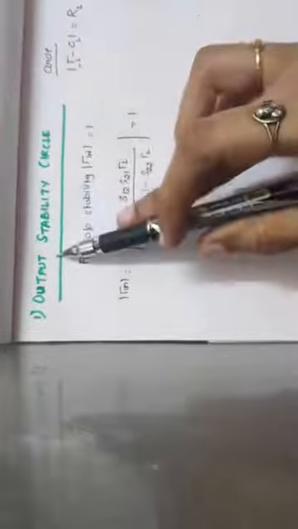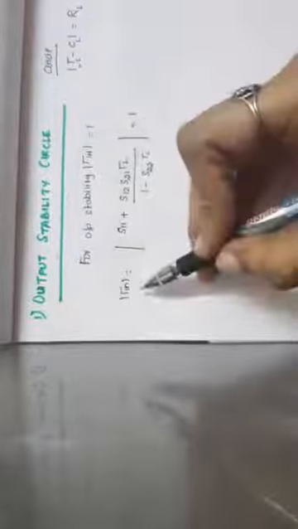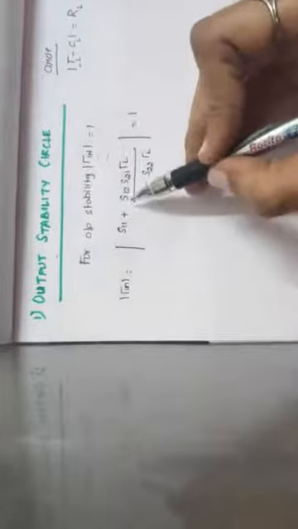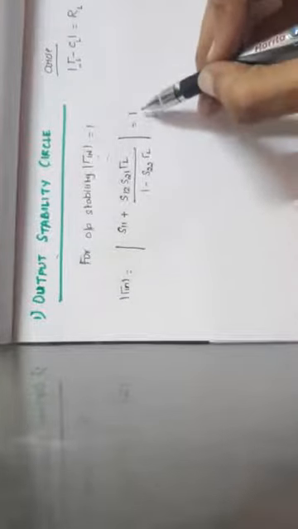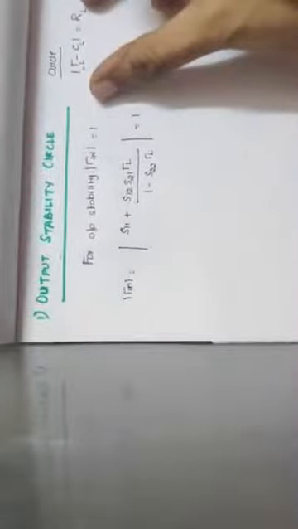Now for output stability, we need to find the term tau L. Tau L is present in the tau in expression, so that is why we equate |tau in| to 1. I take the formula for tau in, which is S11 plus S12 S21 tau L by 1 minus S22 tau L, and we equate this to 1. Our aim is to bring this equation into the form of the general expression of a circle to find the center and the radius of the output stability circle. So let us bring this expression into the form |tau minus C| = R.